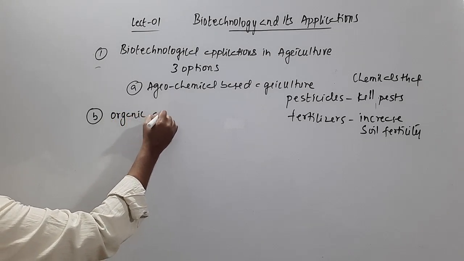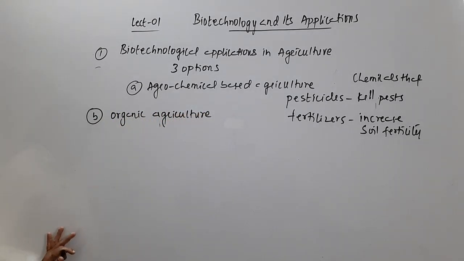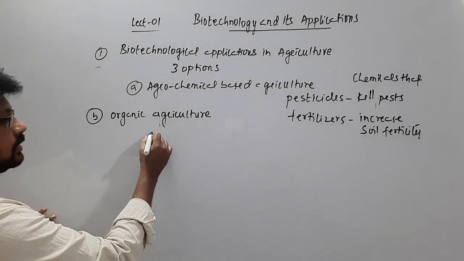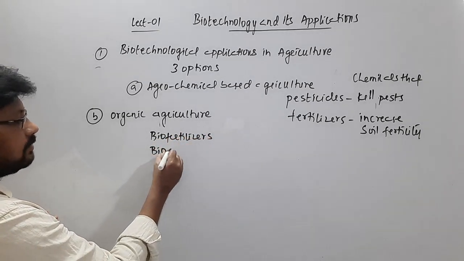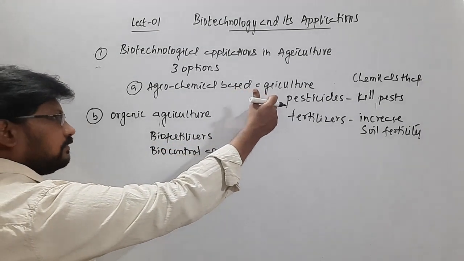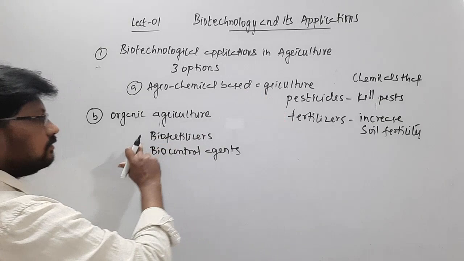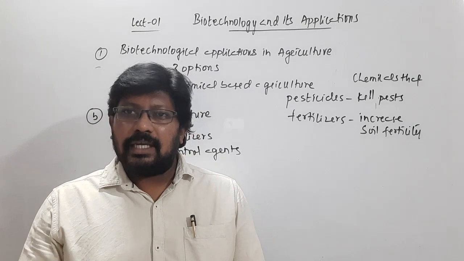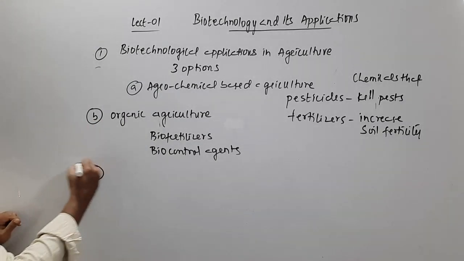organic agriculture. So in this organic agriculture, the farmers like to use bio fertilizers and something called biocontrol agents. So here, instead of these pesticides, the biocontrol agents, and instead of these synthetic fertilizers, we use these biofertilizers, which actually do not cause any environmental pollution. Okay, then the third one is